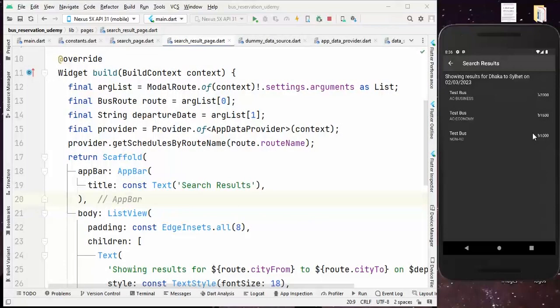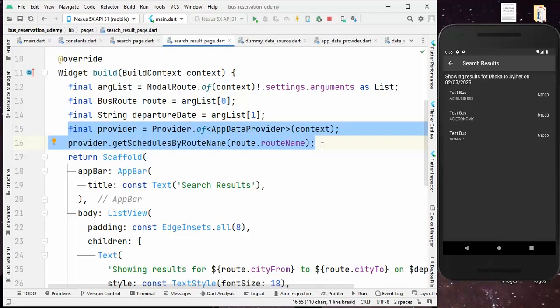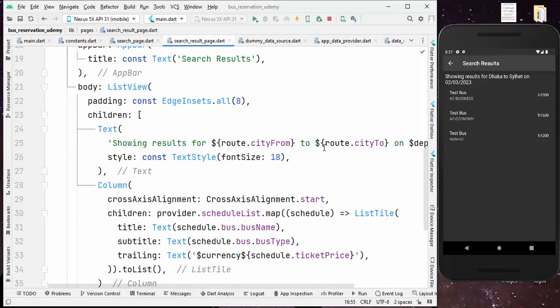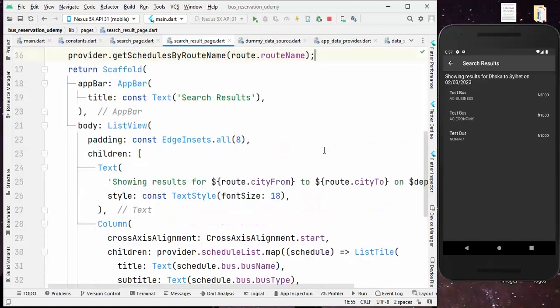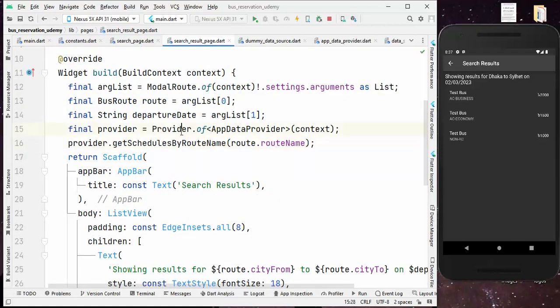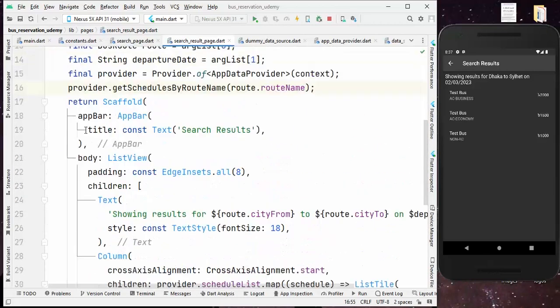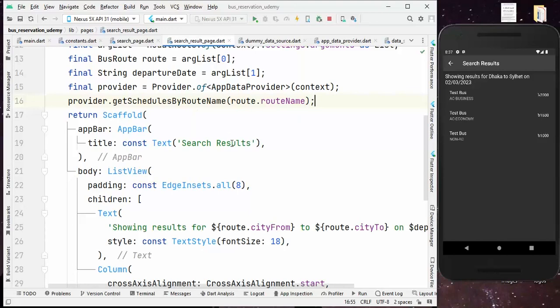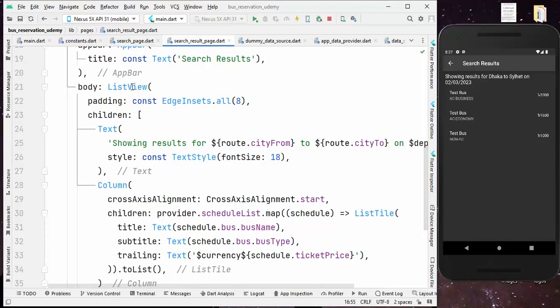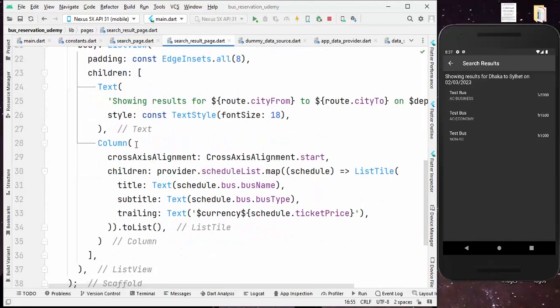Like I said in the previous video, I want to remove this code from the build function, and I will introduce two more widgets, and through those widgets we actually get the provider object, and also we will handle future data. So now in our body, in the scaffold body, in the search result page, we have a list view and we have a text, and then we have a column, and we are generating the children of the column based on